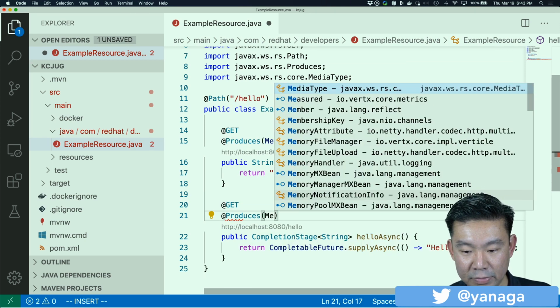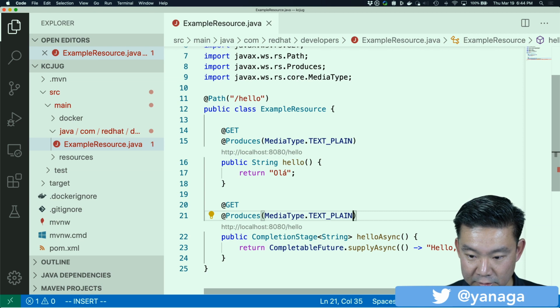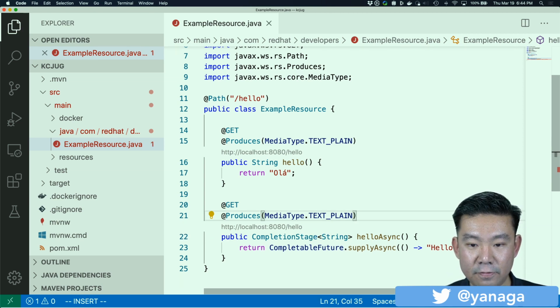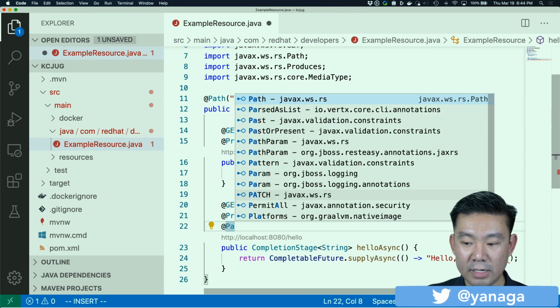Okay, and let's try to add another path here, path async.